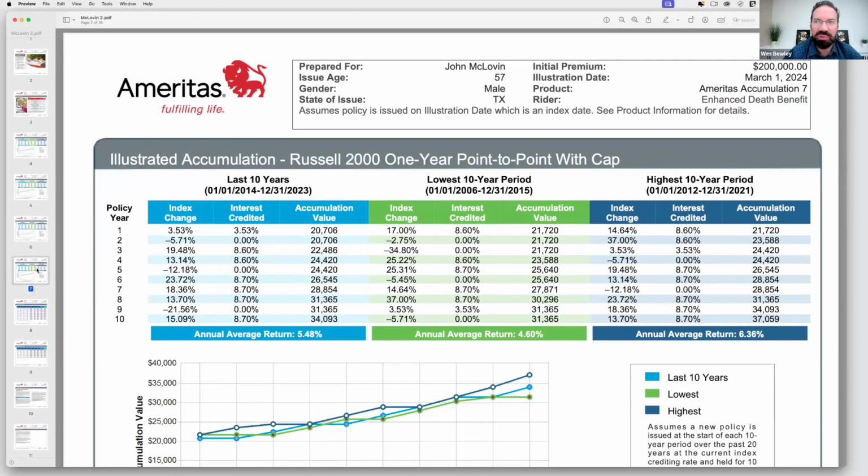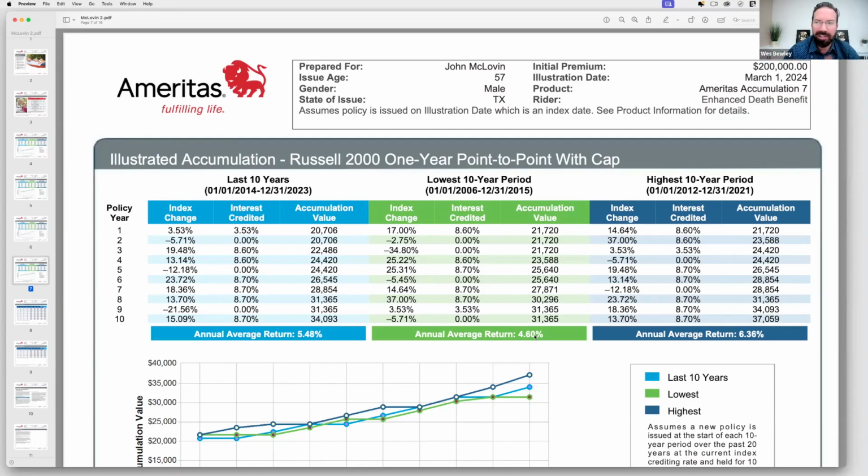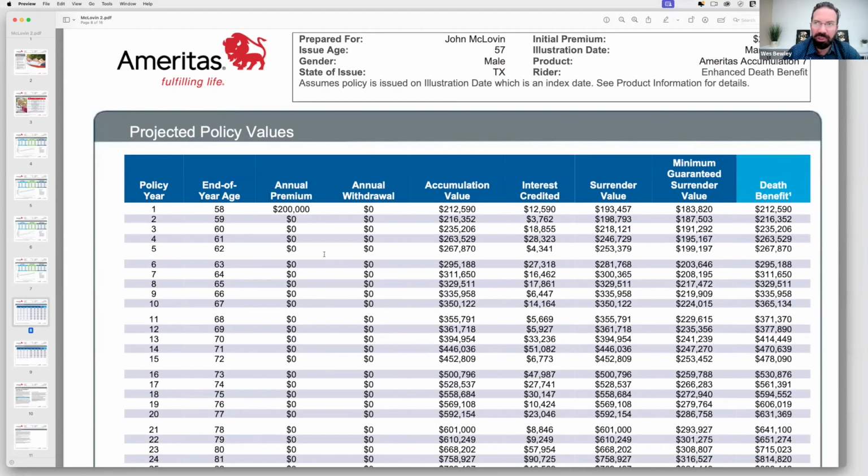Now, if we look at this next one, this one's called the Russell. And like I mentioned, this is kind of like the grandfather. The worst it's ever done is 4.6%. And that's the worst it's ever done, so just a nice, easy, steady income coming off this investment. Now we're going to get to the last 2 pages of this, and this could be the most important.